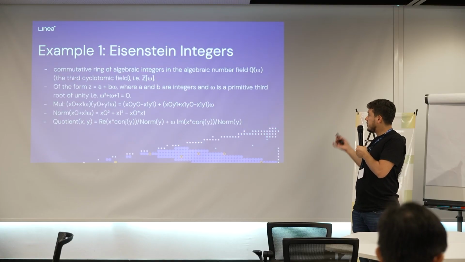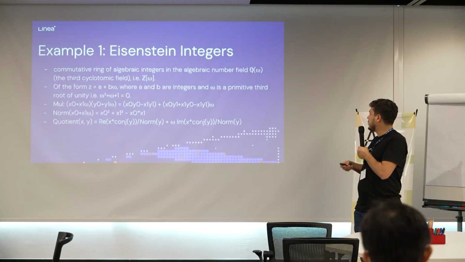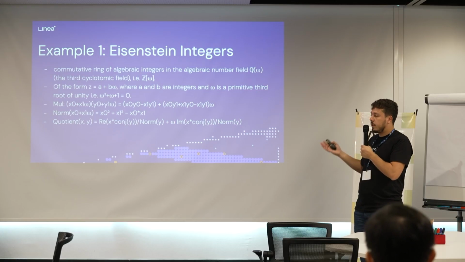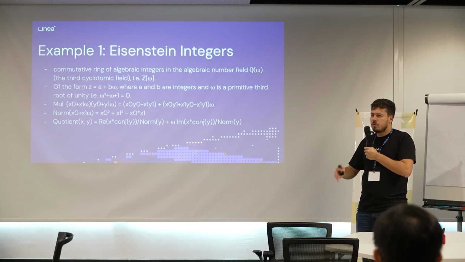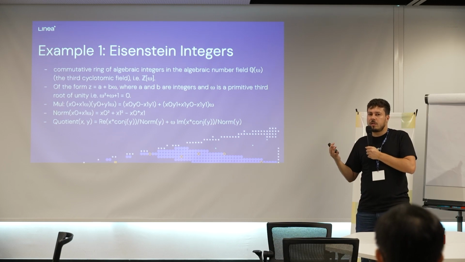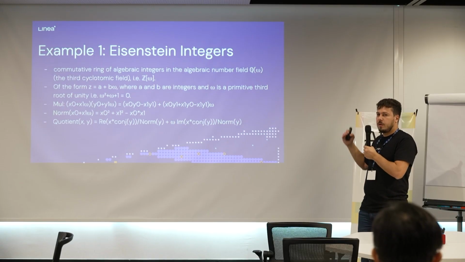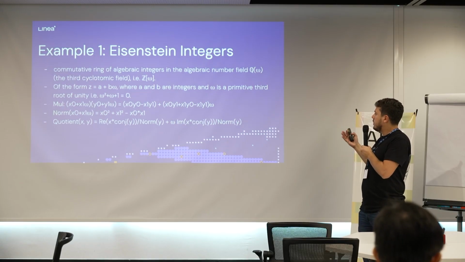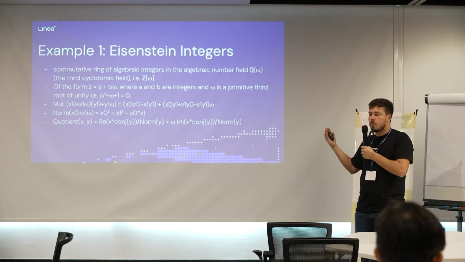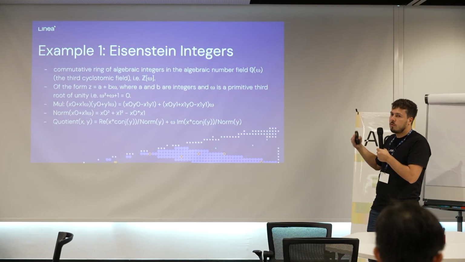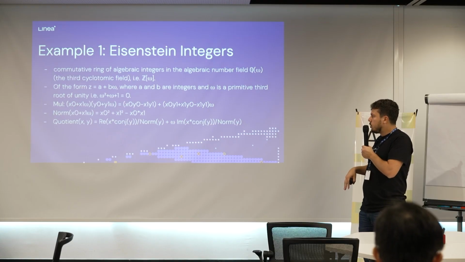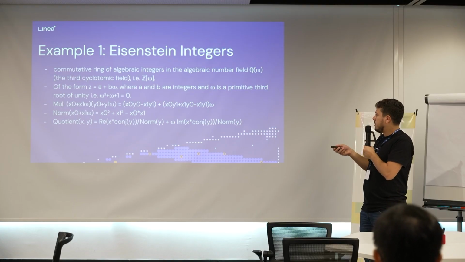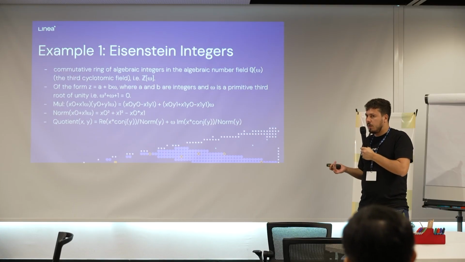So yeah, Eisenstein integers are those algebraic integers with the omega here, which is our third root of unity. So they are of the form a plus b omega. So similar to complex numbers that we all know about, but here it's a bit more complicated, because for complex numbers you have i squared equal to -1, here omega squared is equal to minus omega minus 1. But all the laws we can define the same way, so the multiplication, the norm, the quotient, so we can implement